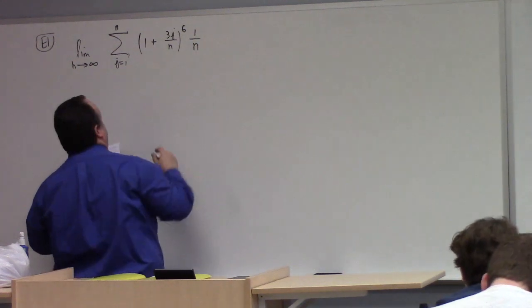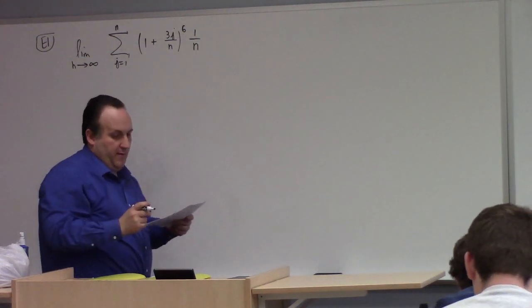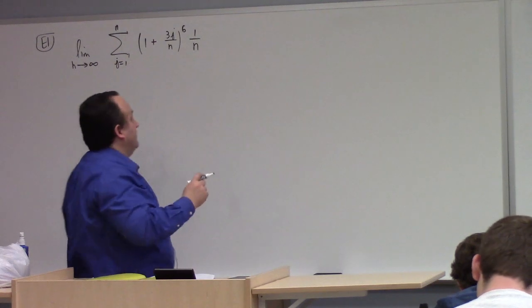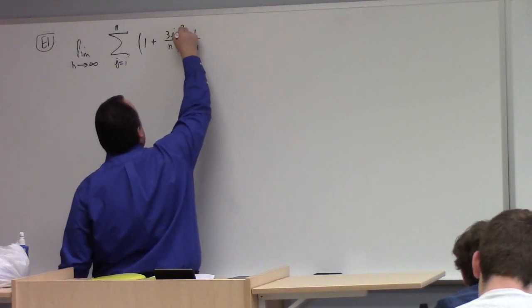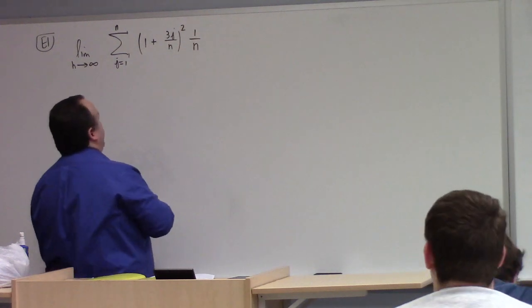Now this is harder than your homework problem, all right? And let me scale back from that 6th power and make that a square instead, okay? Then the question is,